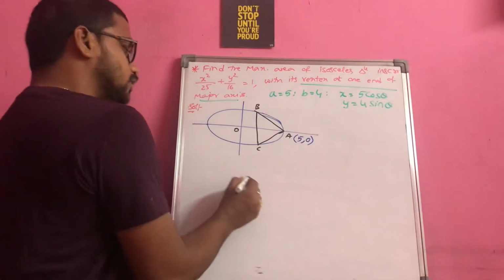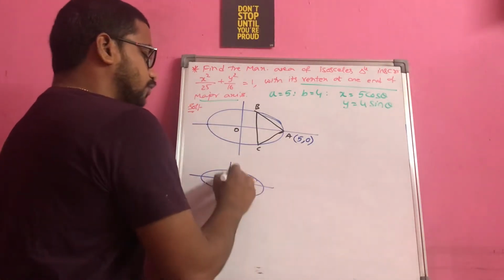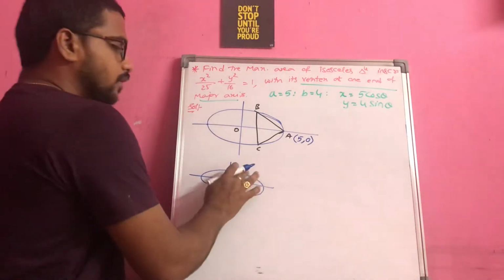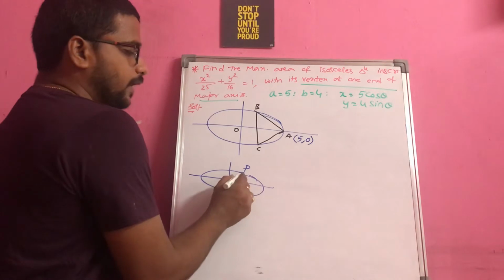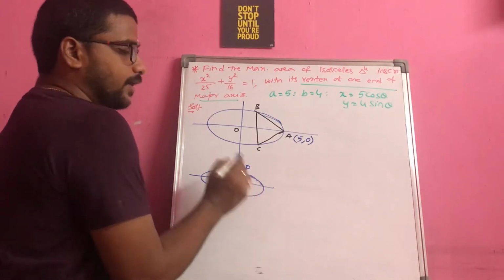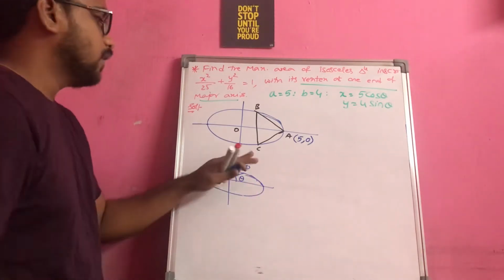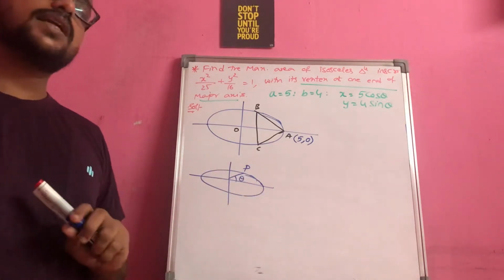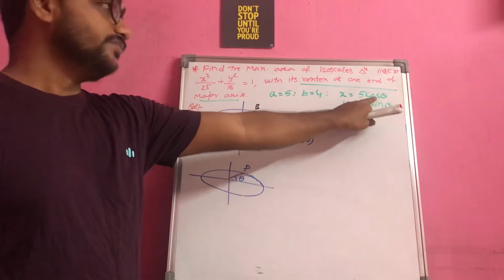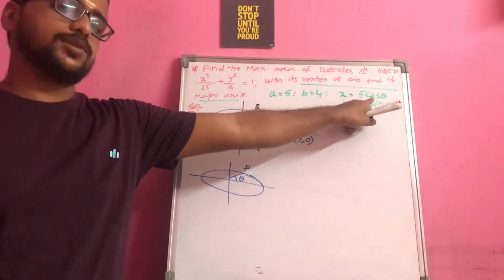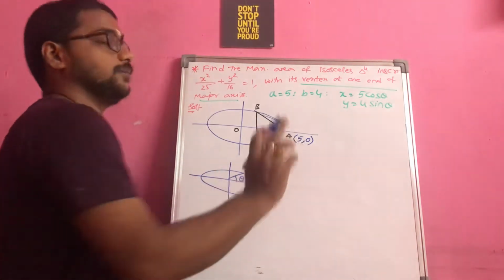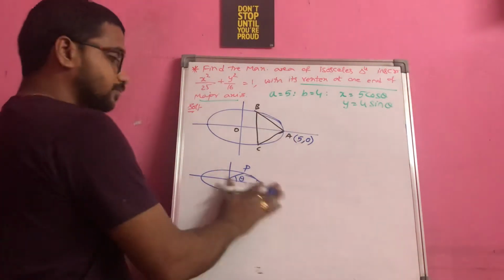Why? Because you see in the previous example I showed you where I placed the theta, somewhere here, angle theta. Now you see, when this particular point P comes to the end of the major axis, what will happen? Theta will come completely down to the x-axis. So theta is becoming 0. Theta becoming 0 means substitute theta value 0 here, you will get 5 into 1. That's how this point is nothing but 5, 0.